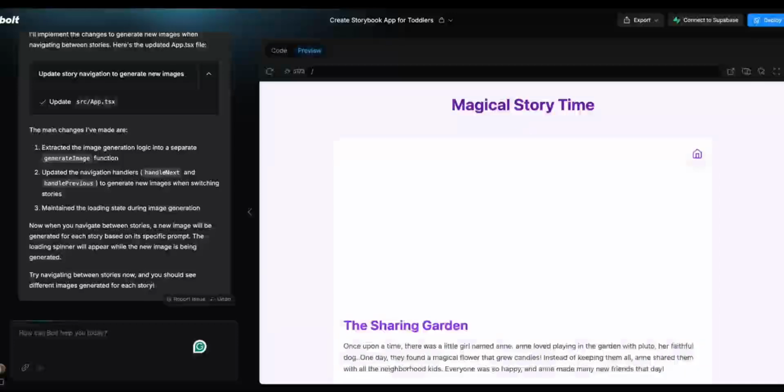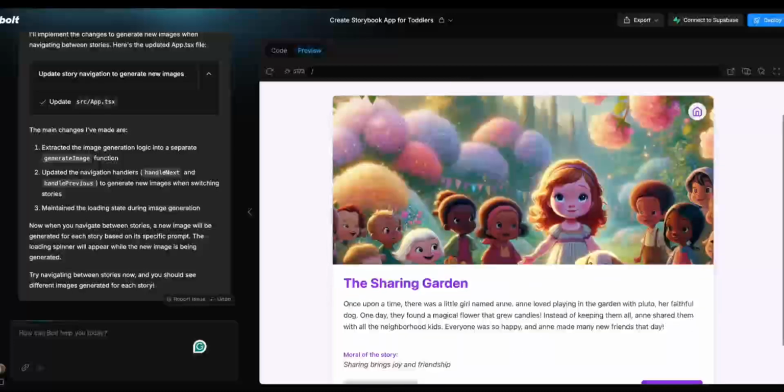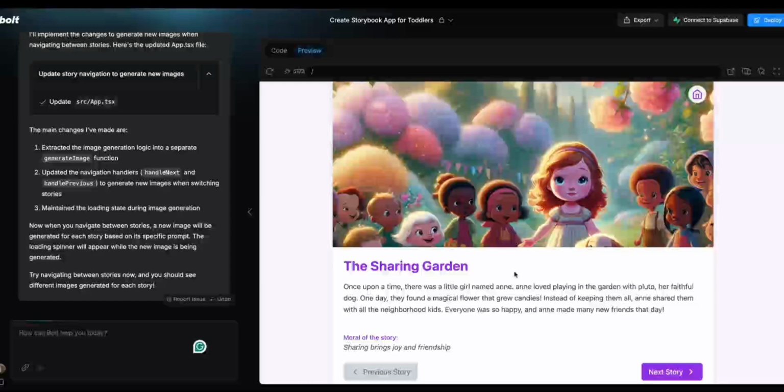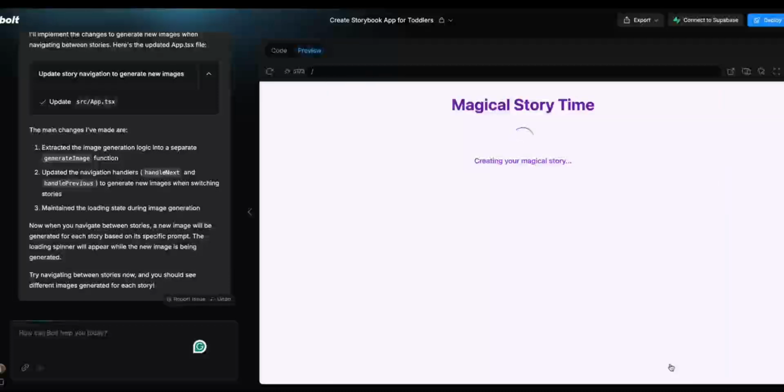So there are two latencies here. I'm seeing one is for the story to come, and one for the image. And yeah, this is a good story, good image. It's about sharing a garden, and I think the imagery makes sense. And if I go to the next story,